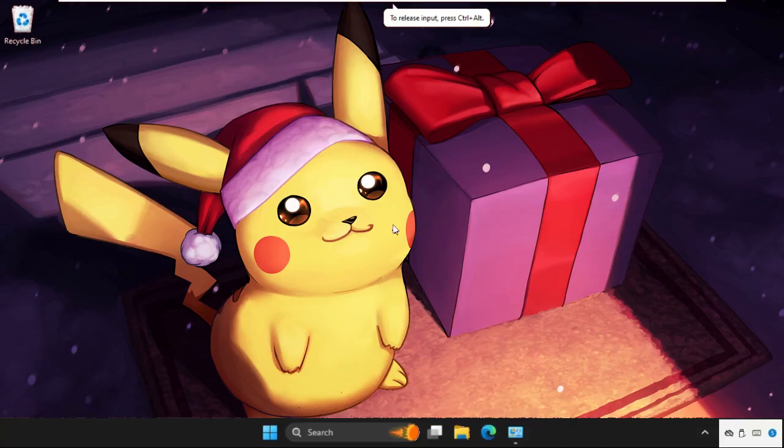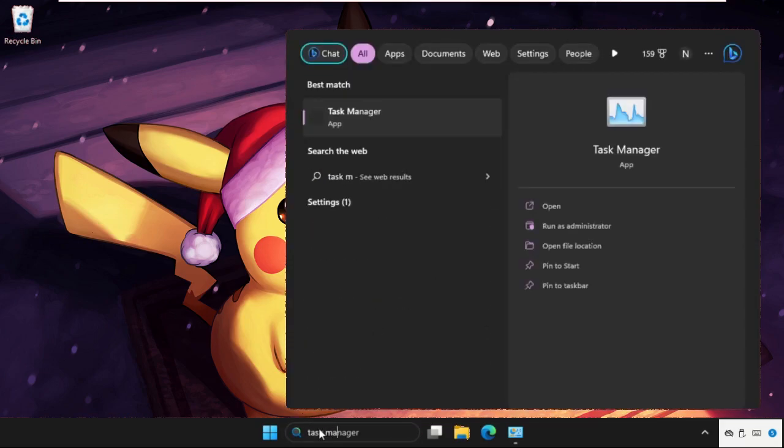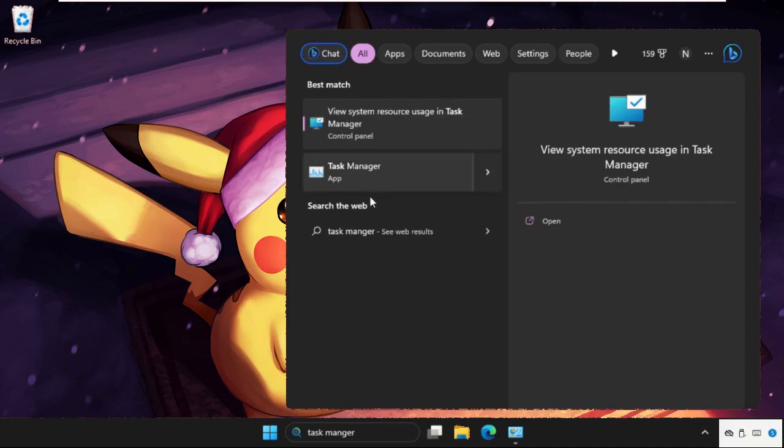Hey guys, I will show you how to fix this problem on Windows system. What you have to do, you need to just follow my screen and we will fix this issue together. So in the first step, just go to search bar and type task manager and click here to open